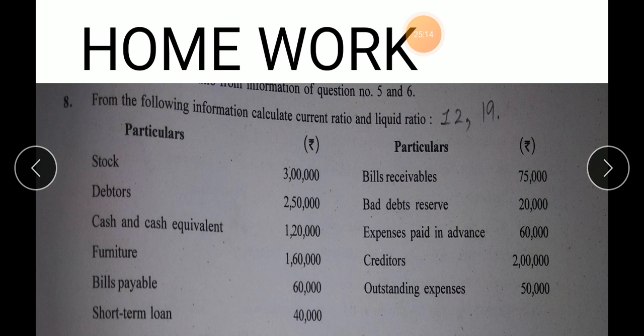If you don't keep revising the formulas, it is difficult for you to solve these sums. Because in this chapter, there is nothing new except for the sums based on formulas. Yes, there are ample formulas. And you need to be clear in your mind with all the formulas. If they are asking you gross profit ratio, immediately you should be ready with the formula in your mind. And the chapter is simple. There is nothing else except the formulas and your basic knowledge about current assets and current liabilities.